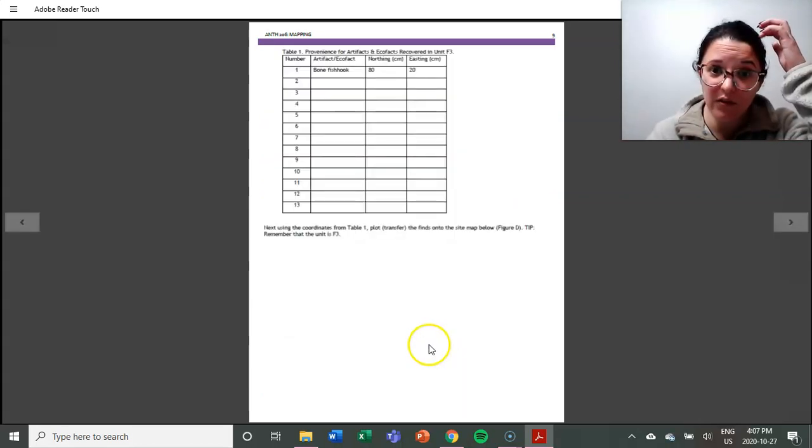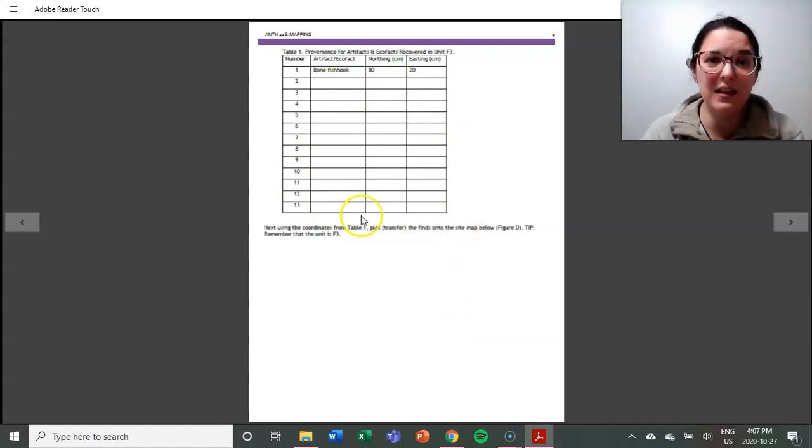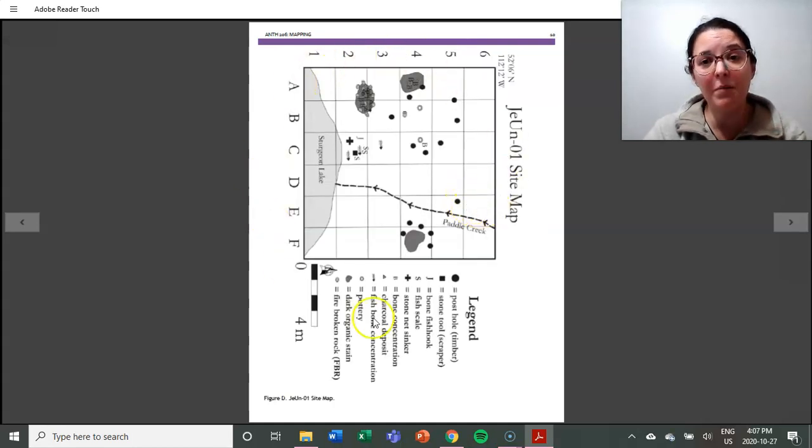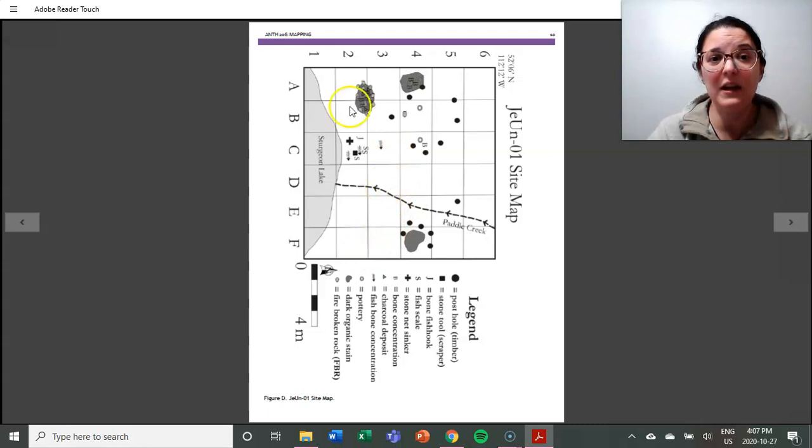The second part of exercise 2 is where they're going to take these coordinates from here, relating to unit F3, and we're going to map them on this image here. So our first step is we need to find unit F3. And so for that, we're going to look at this grid system. We're going to see that the numbers go